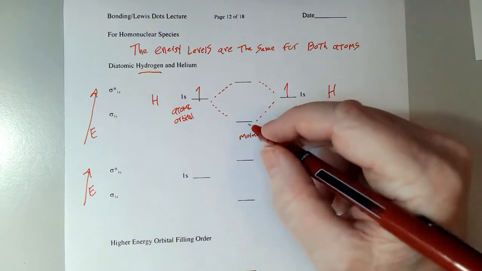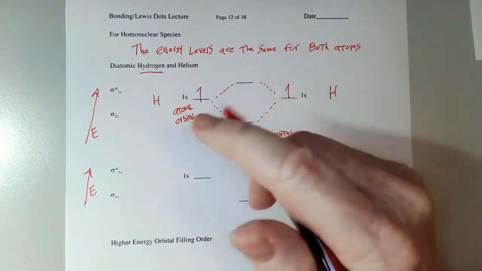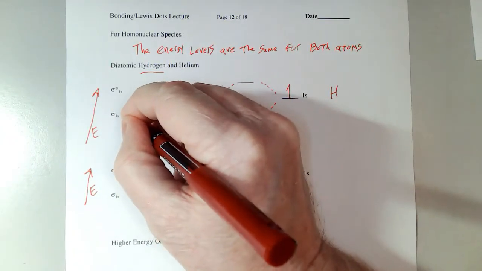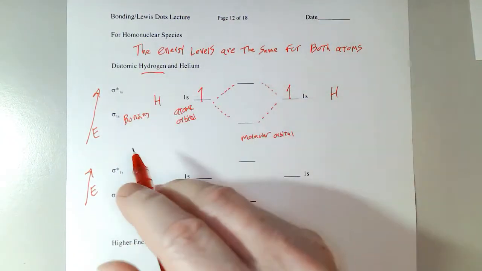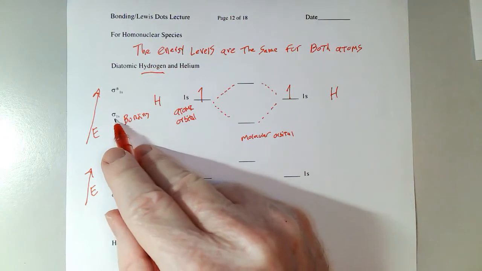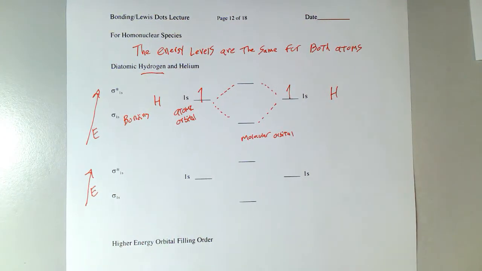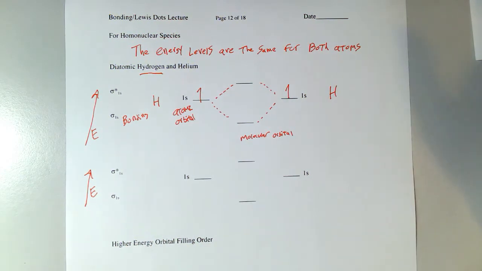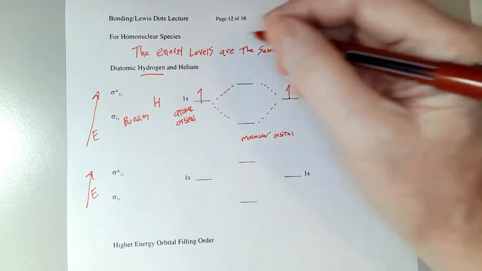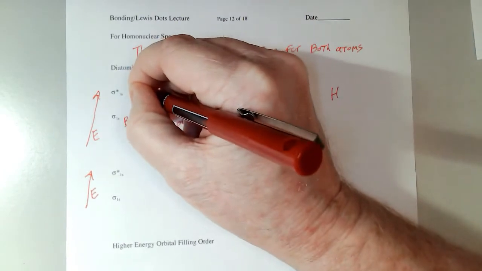And the constructive interference makes this, which is a bonding orbital. We're going to call it the sigma 1s. That is our description of that orbital. And the destructive interference is going to create what we call an